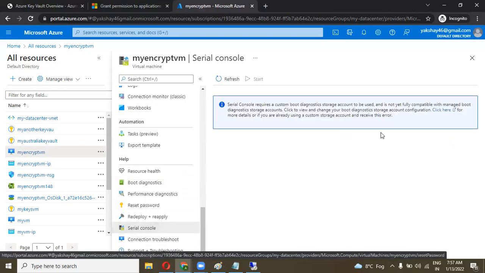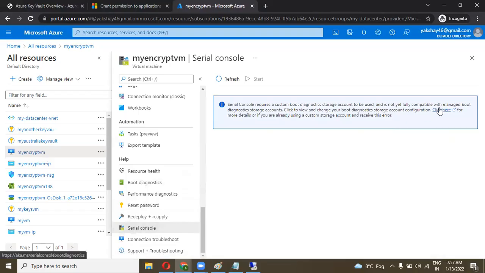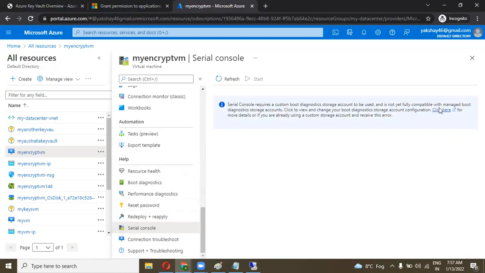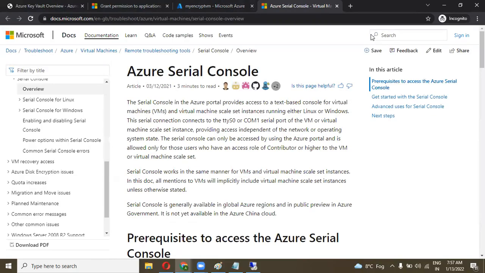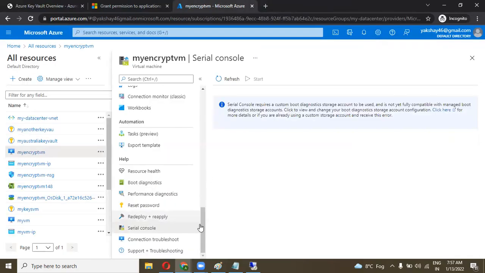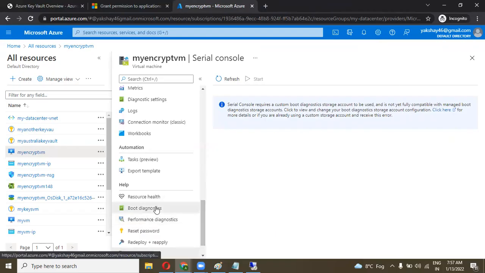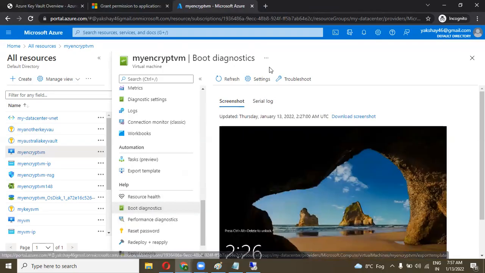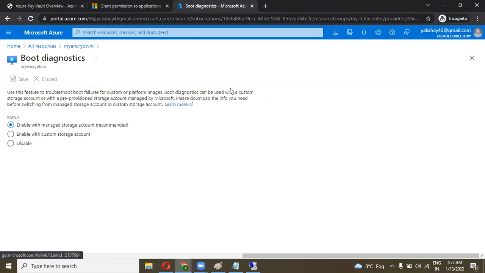Now create, sorry, let's close this. In the boot diagnostic, go to the settings.